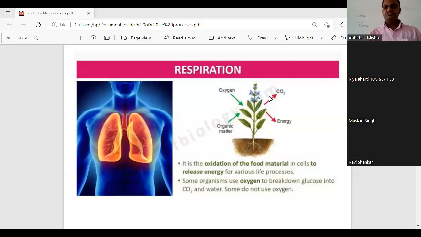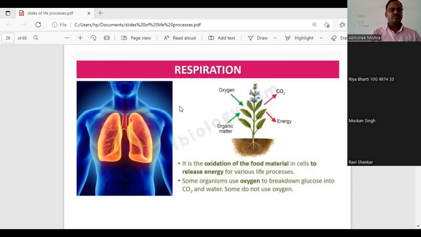So, good morning, students. And today we are going to start the second life process, that is respiration. Okay. So, before going into today's discussion, as we have done during the first life process, nutrition, I will be recalling that portion also, because in that portion, in the steps of digestion,